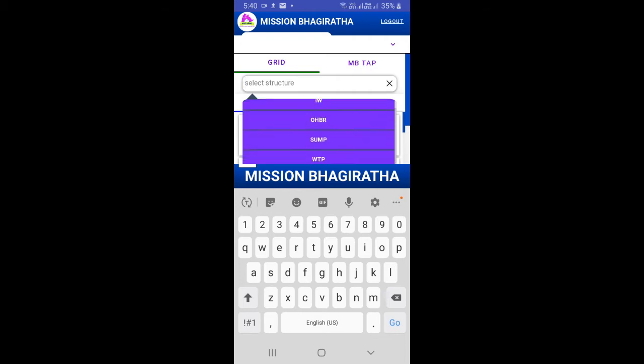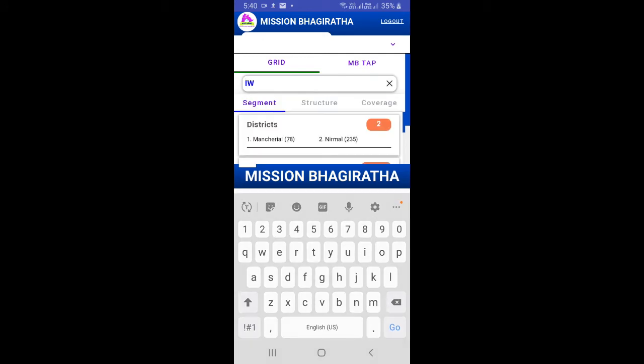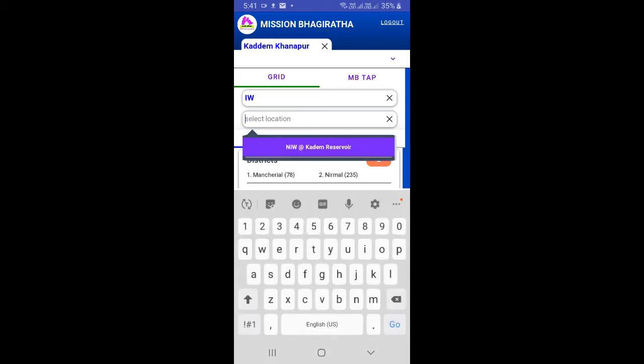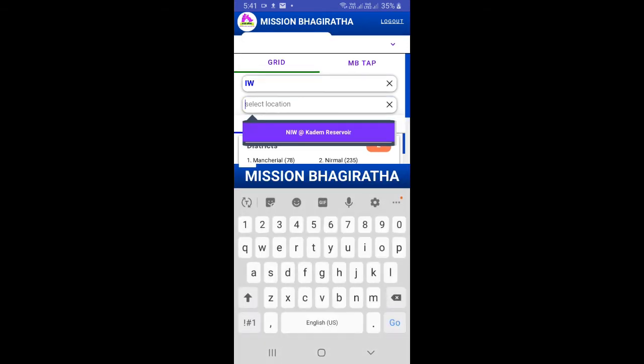And if I click on one of the structure types, IW refers to intake well, and one more drop down is populated. If I click on this, there's only one intake well in this segment, NIW Kadam reservoir. So if I click on this NIW Kadam reservoir,